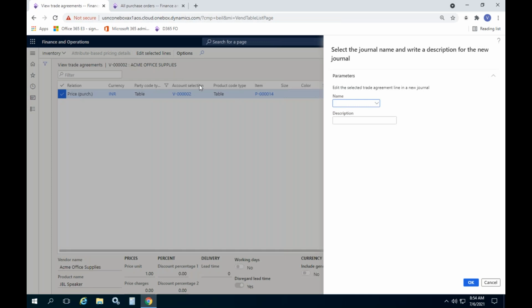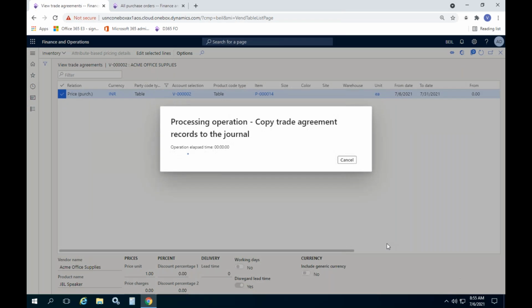When I click on edit, again the system will try to create a new journal, trade agreement journal, purchase price. I'll just write down some description. Changing the prices. Some description. Okay. If you don't have any agreement, you can even